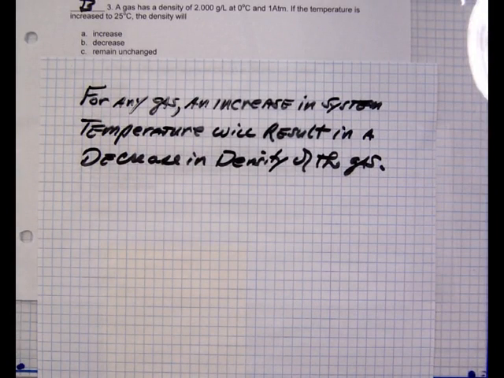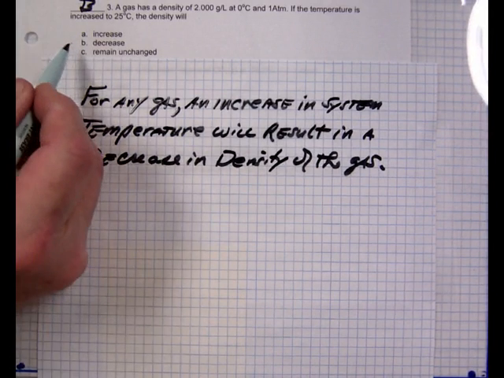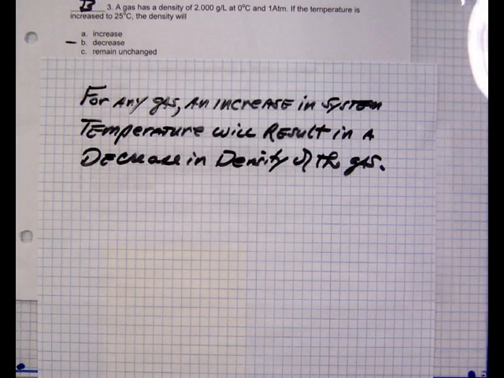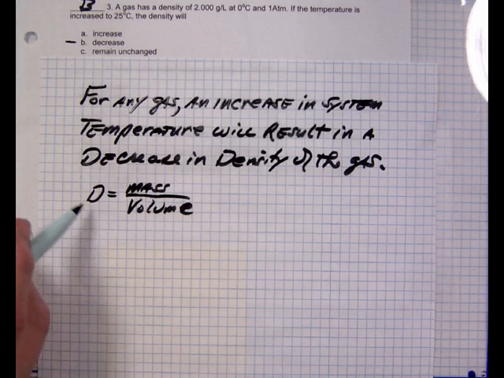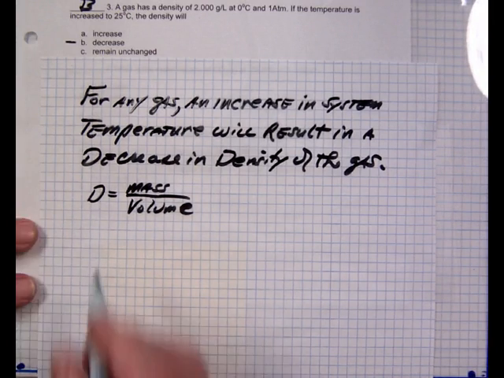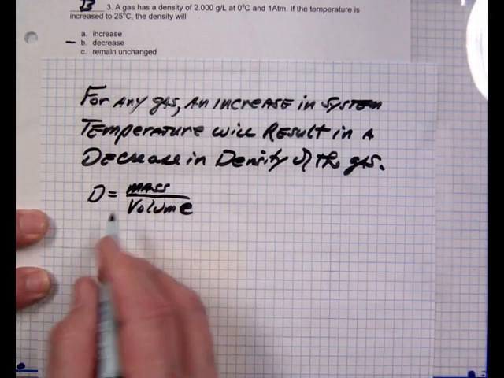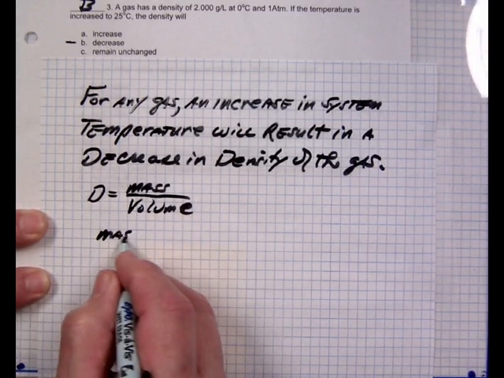And of course that would give us B choice and the answer choices. If we take the density as the mass per unit volume and compare the mass per unit volume at one temperature to the mass per unit volume at another temperature, then we can prove the density will in fact have decreased. Now, if we consider the following: mass is a constant,